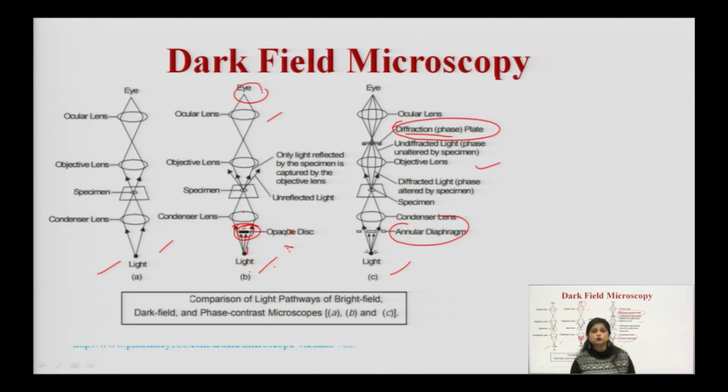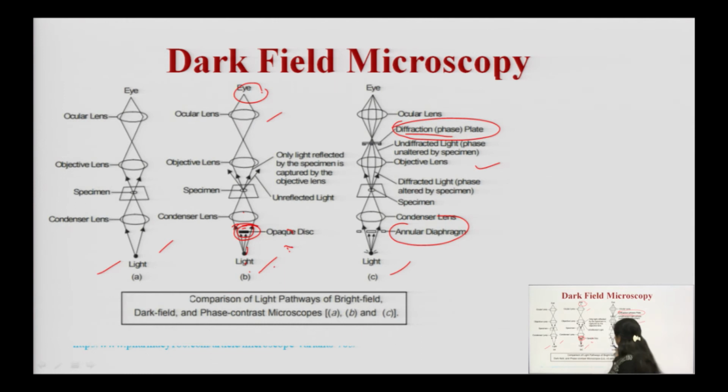Two extra additions were made in phase contrast microscopy so that the resolving power of the bright field increases. From bright field, scientists moved towards dark field, and from dark field they moved towards phase contrast microscopy, just to enhance their resolving power and their structural image, so that we must be able to see the organelles too. In dark field, only one extra addition was made, whereas in phase contrast there were two extra additions.